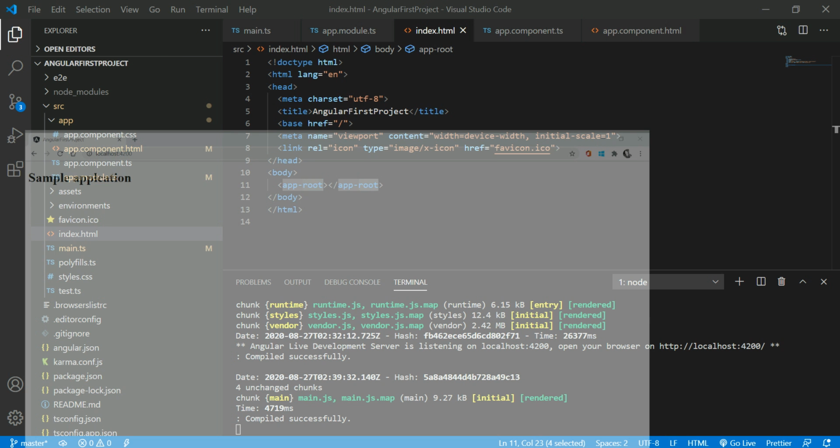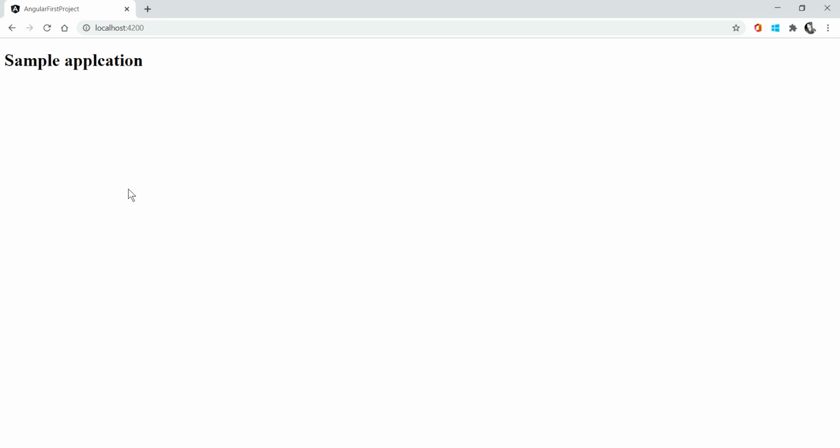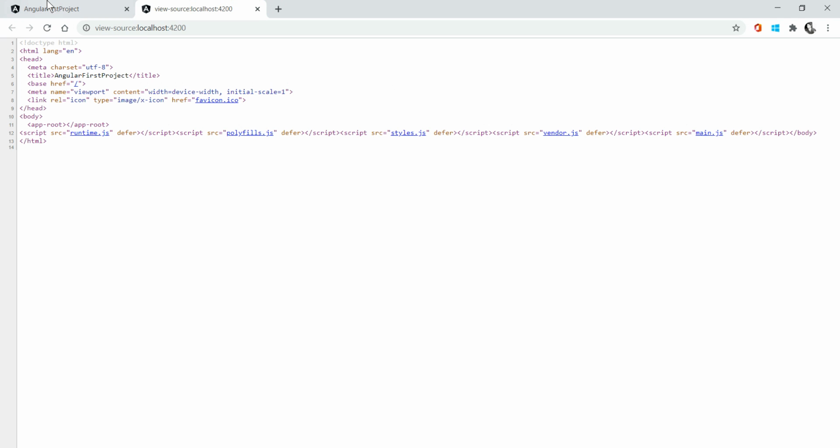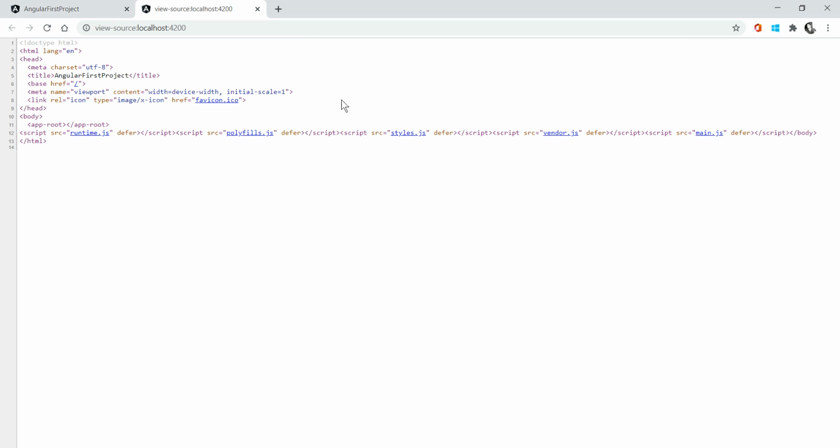So when you are trying to render the data, the TS file goes to the JS file, and it should be captured by the browser, right? So where do I have to see this kind of code in the browser? Just press Control U. Control U is nothing but the page source of this browser. This web application is entirely rendered based on this page source. Based on this page source, it is displaying the sample application.